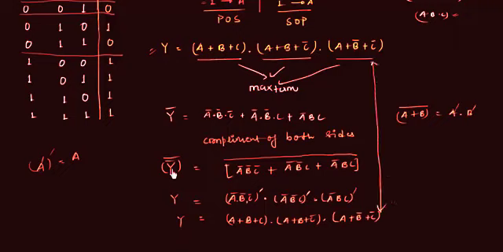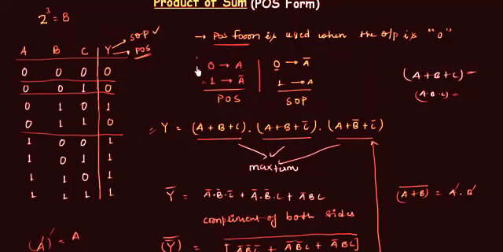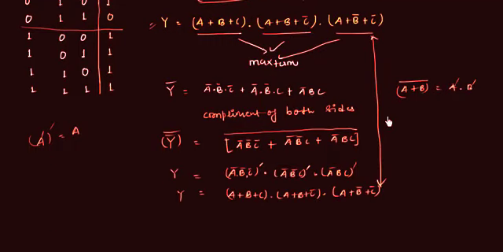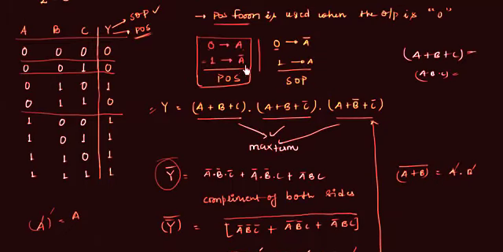And instead of going to De Morgan's law every time, if someone asks you to write the POS form, it is not required to use De Morgan's theorem every time to convert the SOP form to the POS form. But we can directly write down the POS form by this convention. You use A when it is 0, you use A complement when it is 1. You just complement it. What does De Morgan's law do? It takes the complement. We are taking the complement of Y complement. Instead of doing this, we just take the complement initially. You just take the complement of this thing and you have this convention. Use this convention and directly write the POS form like this.